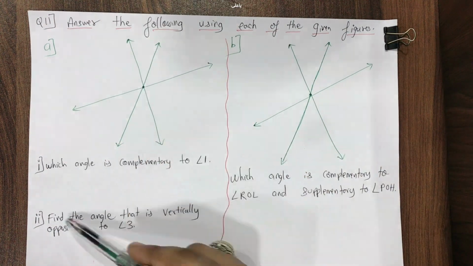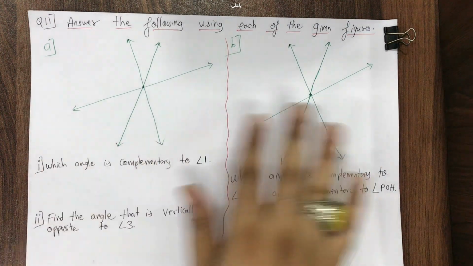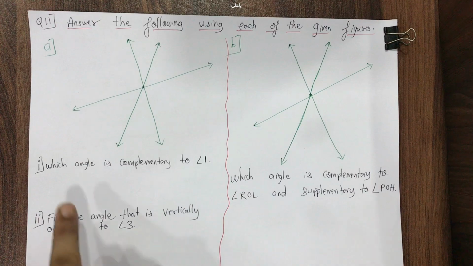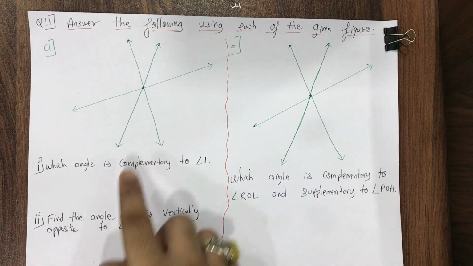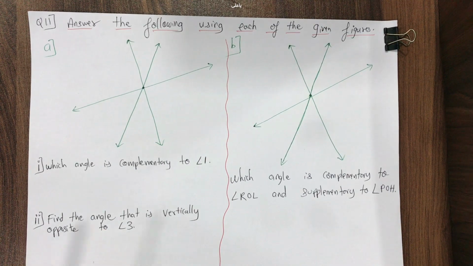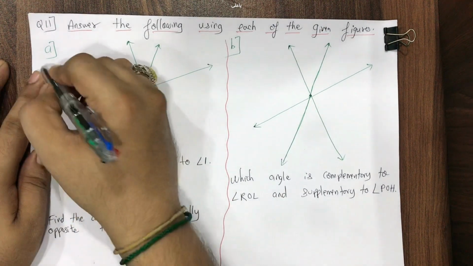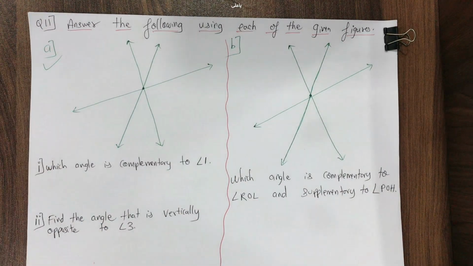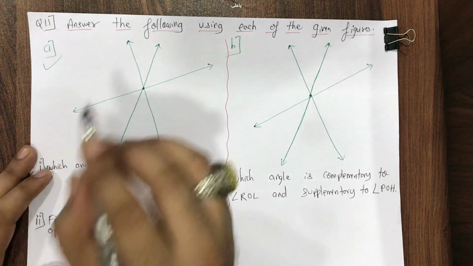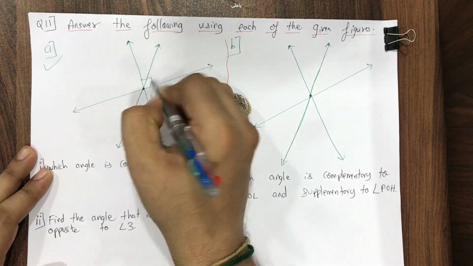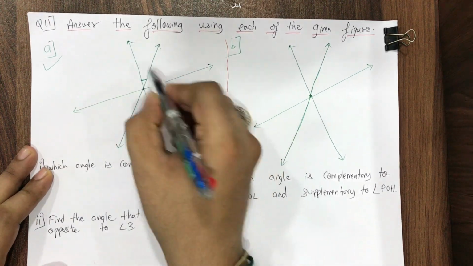First we'll be doing A, so I'll just speak about the A part, then we'll come to over here. Okay, which of the following is complementary to angle 1? And so two questions are given. Let me first complete the diagram. I have not completed the diagram. Okay, so first I'm doing this A part, then we'll come to this B one. Now it's mentioned to me over here, see what's given to me here. A box is drawn like this. That means this is 90 degree.